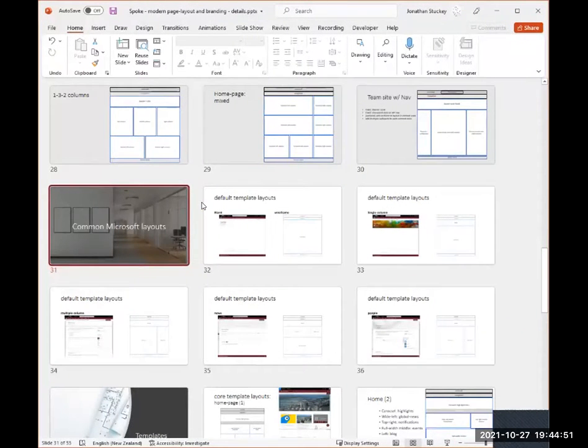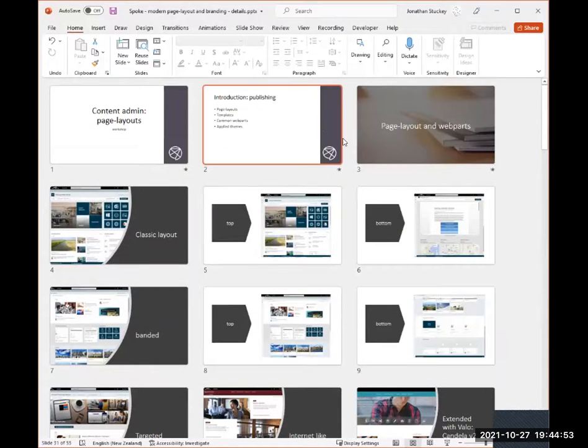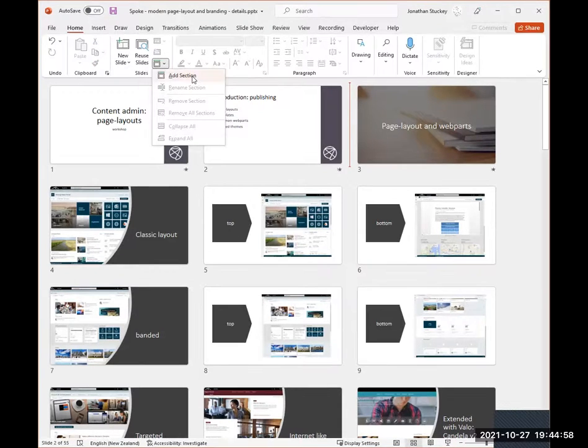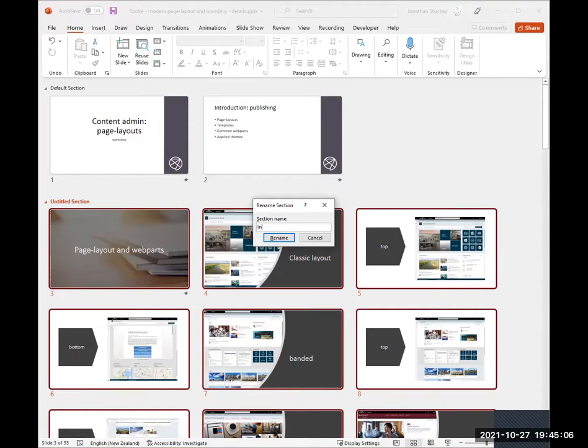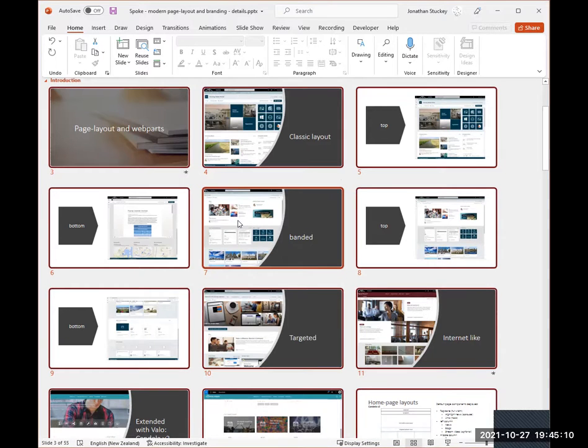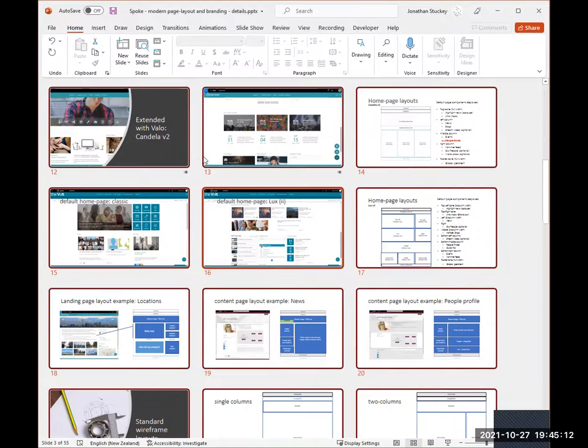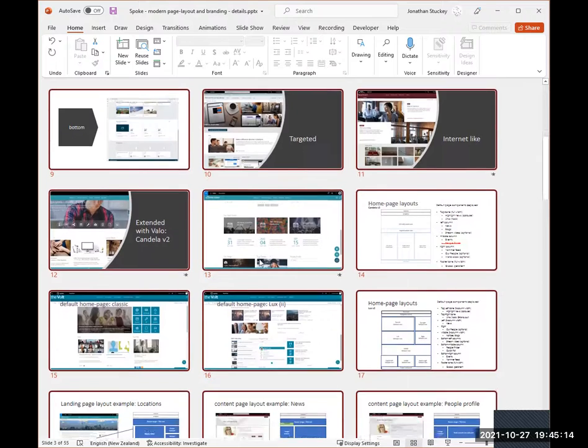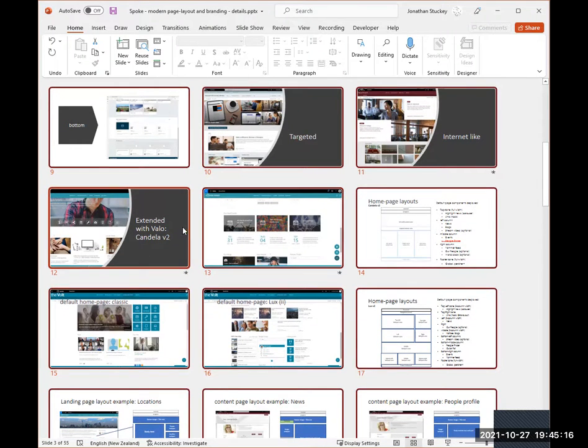But there's a much simpler way. We can, where there's a logical section, insert the equivalent of a page break or a document chapter. It's called adding a section. By giving it the equivalent of a chapter name, we can actually break these up into something a little bit more manageable,